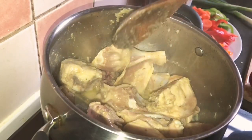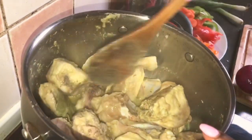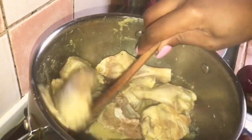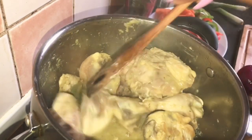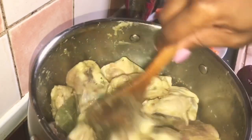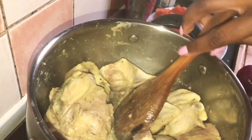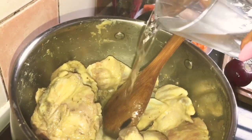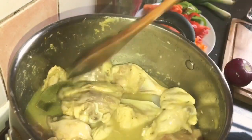My chicken has been steaming for about 5 minutes now. Initially I did not add any water, so I'm just going to add a little bit of water so that it gives me a bit of stock that I can use for my Poulet DG proper. The chicken doesn't seem to have as much water as I expected, so yeah, I'll just add like half of a glass and let it continue to steam